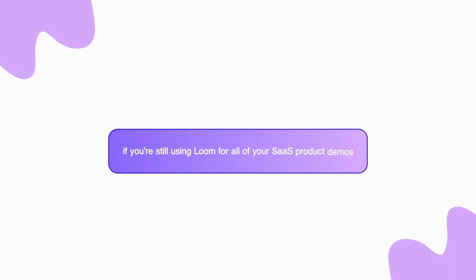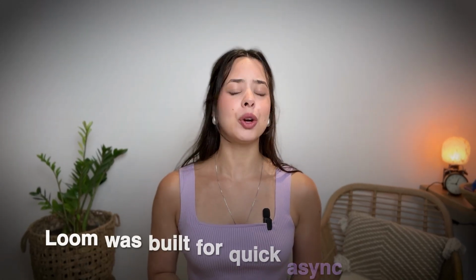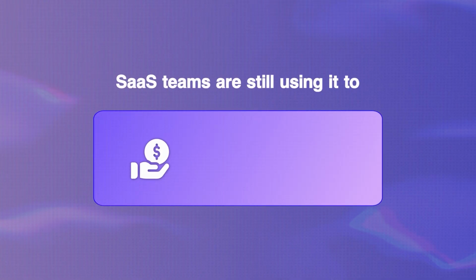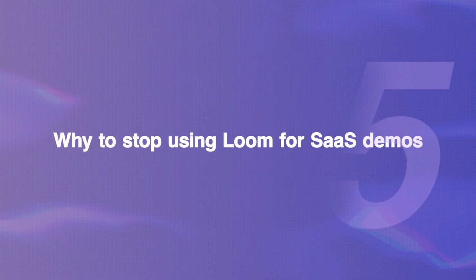It's 2025, and if you're still using Loom for all of your SaaS product demos, you're falling behind. Loom was built for quick async updates. It was never meant to be your product demo strategy, yet somehow SaaS teams are still using it to sell, onboard, and support customers. In this video, I'm breaking down 5 reasons why to stop using Loom for SaaS demos